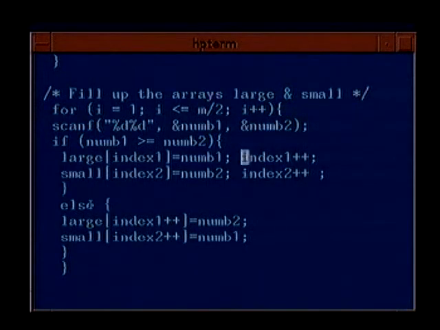Otherwise, that is, if num1 is less than num2, then I will put num2 in large and num1 in small. So this is fine. And just a bypass here. Here I had written index 1 and then incremented index 1. What I have done here is I have written index 1 plus plus here, and index 2